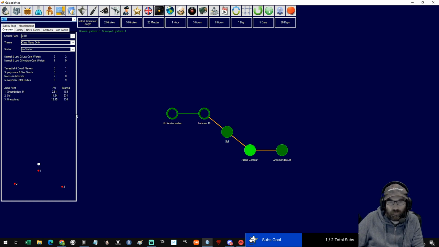Alpha Centauri, we have studied and found all of the jump points, and we got 1 unexplored jump point. So it's probably the prime candidate to go and have a look at what's through there next when we're ready for that. Groombridge again, we've got 3 as well on this one. With the way back to Alpha Centauri is one of them, and 2 unexplored jump points. But our next jump will probably be this one here,